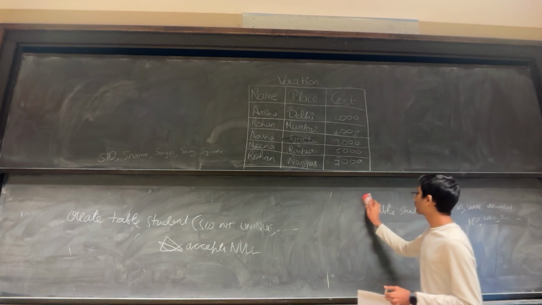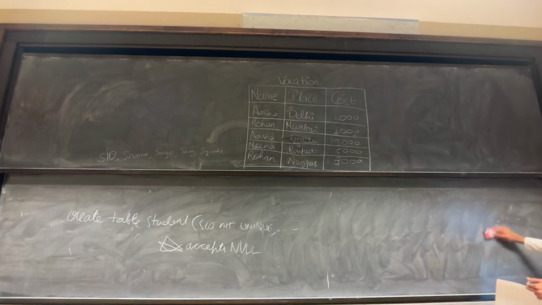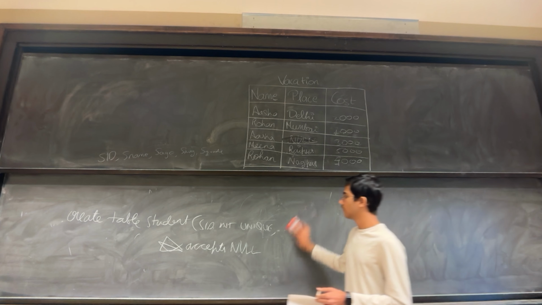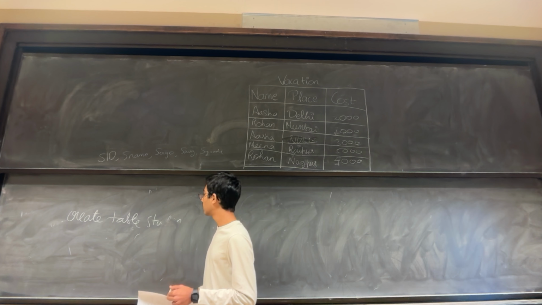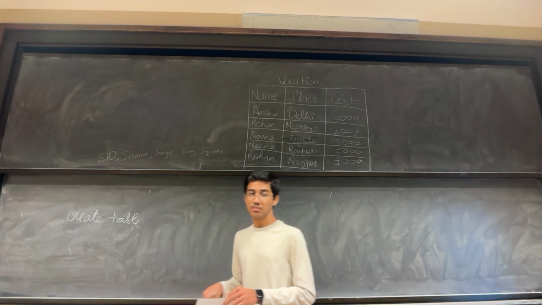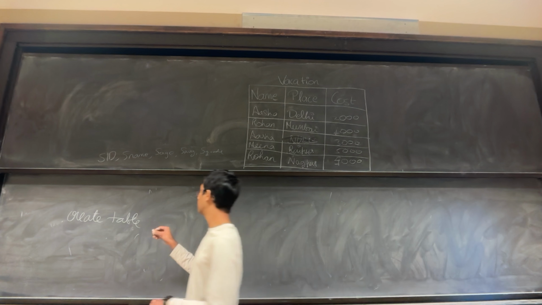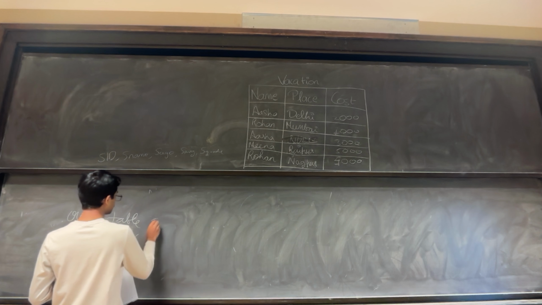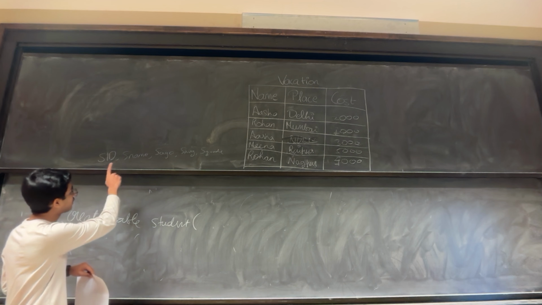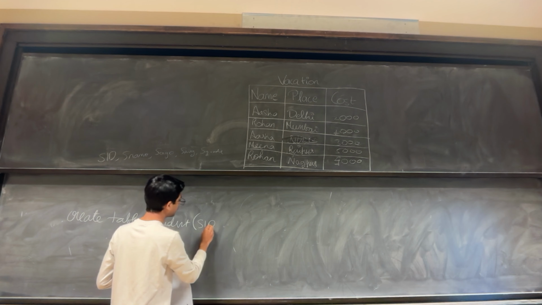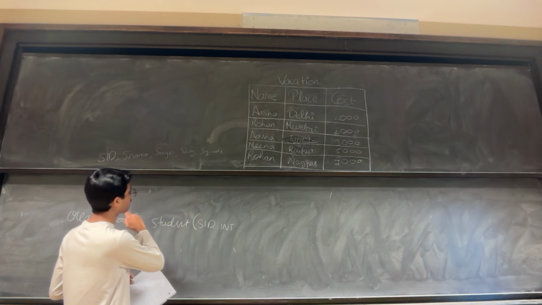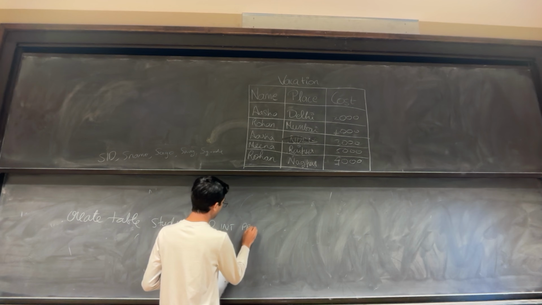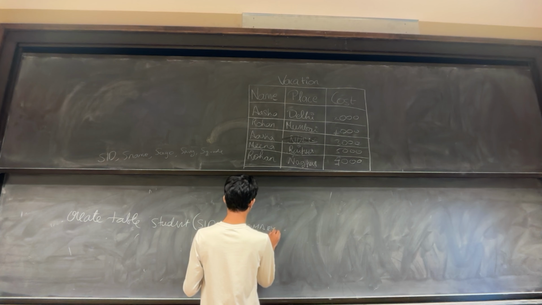Let's say I want to make a particular column my primary key, right? Let's say I want to make my student ID a primary key. How would I do that? I would do that in the same way. So I'll say create table student, and now I'll say SID is my primary key. So I'll write SID, it's an integer, so int, and this is where I'll write primary key,